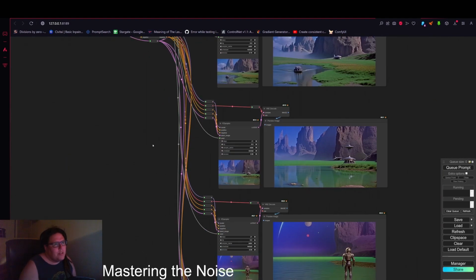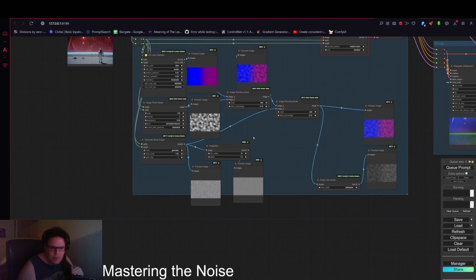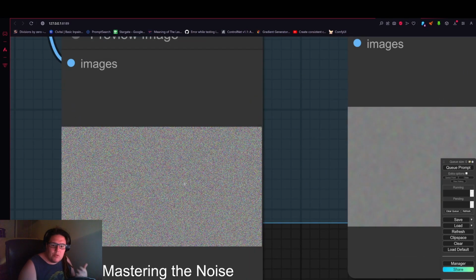Which essentially has the effect of adding detail to an image. Now, the lower your denoise is when you add this kind of noise, the sharper those details will be. So at a certain point, if you're so far down in the denoise, this kind of staticky stuff becomes film grain. So it can also be a way of adding film grain to your image if you add this in with